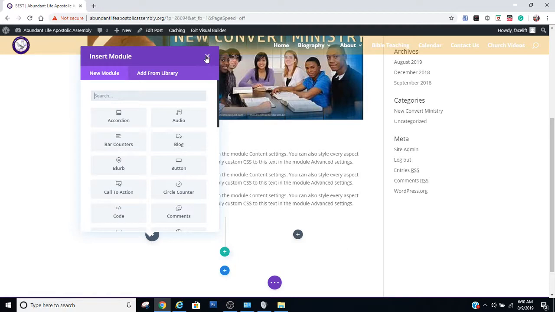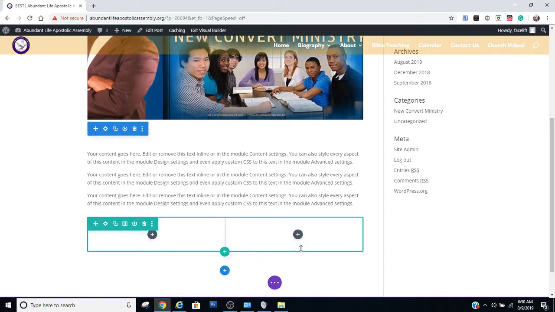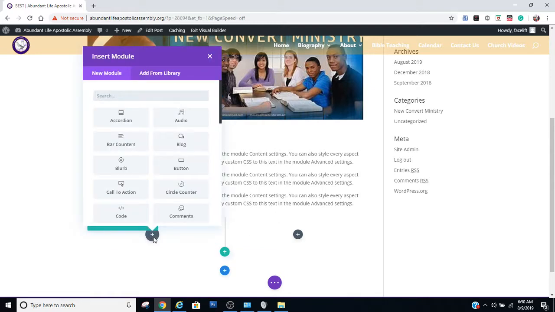I'm going to close this pop-up out. As you can see, this gray button here is considered to be 2 modules because it's 2 columns here, 1 row though. Let's go ahead and click on that button there, and we want to put an image there. So we're going to go ahead and type in image,